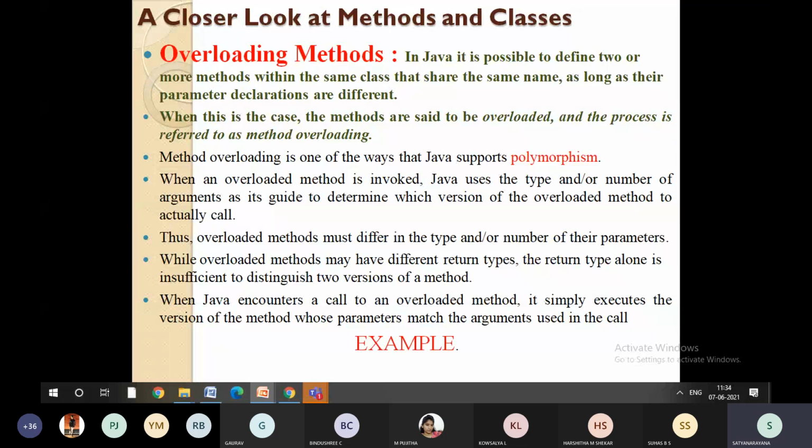Let us go and see in depth about the methods. See, as in C++, here also in Java we can perform overloading of the methods, right? You can define one or more methods with the same name. So the concept of method overloading is called polymorphism, right?